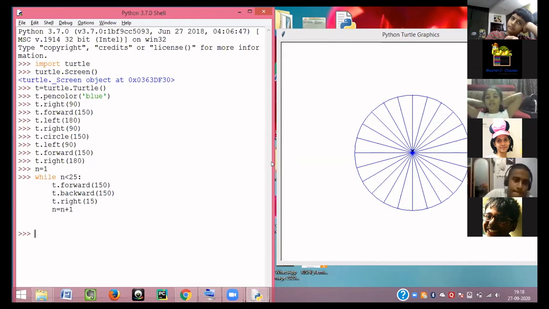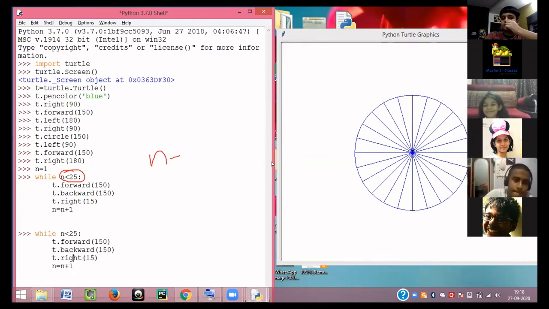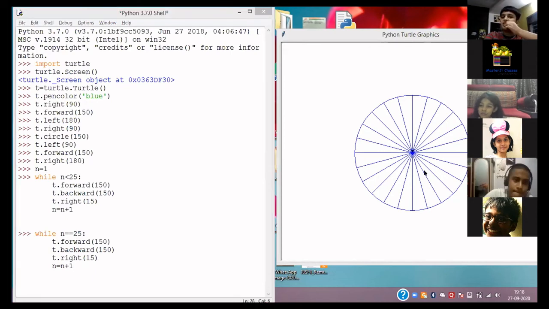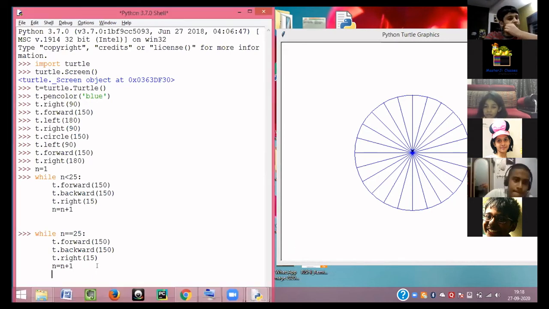Ishan, you got the point? Yes, sir. Rishi, can you write n equals to 25 and show him why it is wrong? Let me write it. You can first erase everything and then try. I've written n equals to 25. Sir, it will be n is equal to 24.